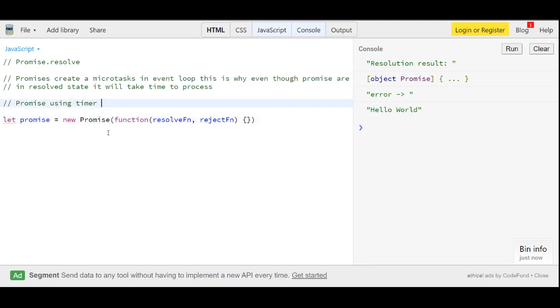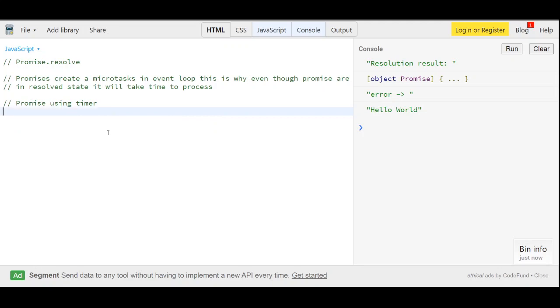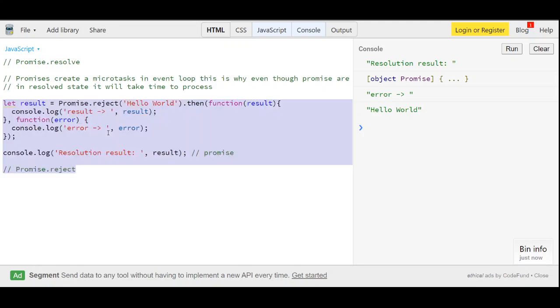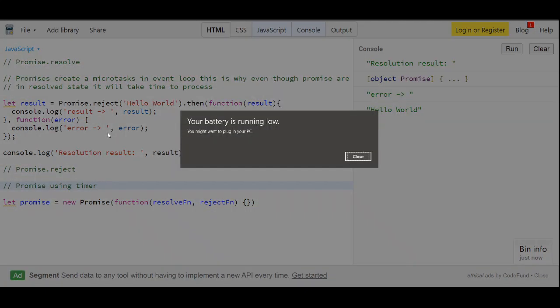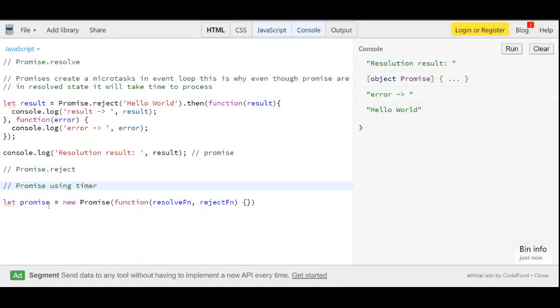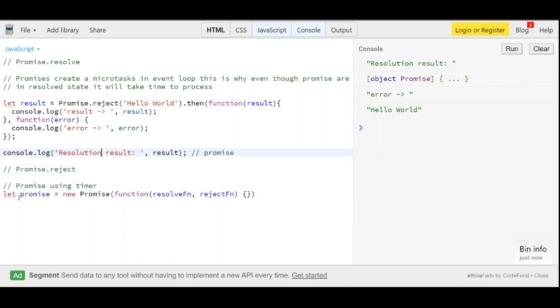Like earlier we had passed, let me just copy and go through. Most of the people get confused with this, Promise.resolve, reject, all the other methods, with this new Promise keyword.